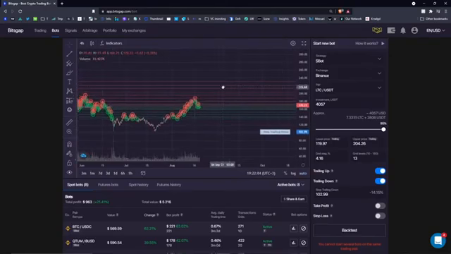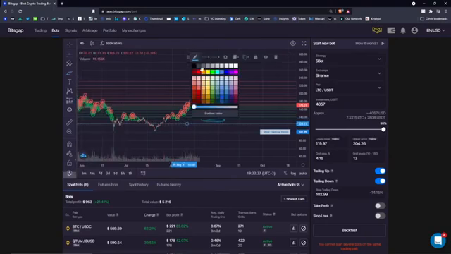If I enable my trailing down now and the price goes below my trading range, which is here, that's the lowest price I have here, 135. If it goes below it, it's gonna plot new limit buy orders, and it's gonna use